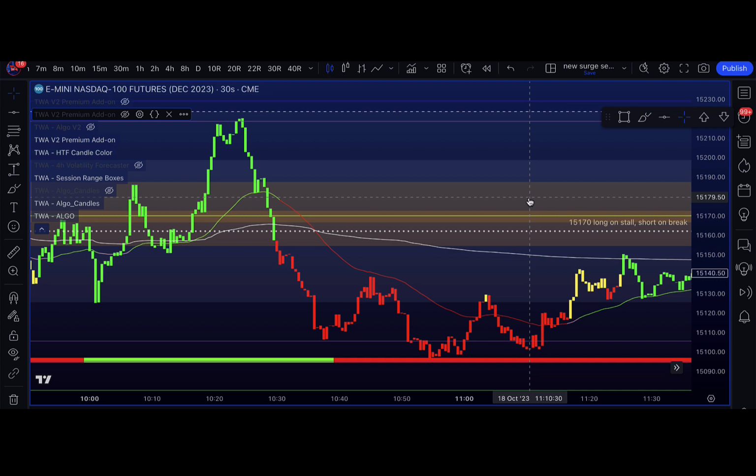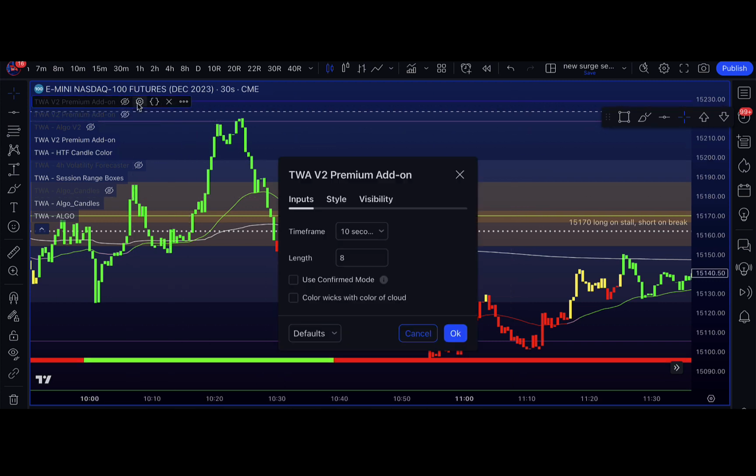Hey guys, so I want to do a video on setting up your layouts and also fine tuning your layouts the next night or after you're done live trading. So for instance, today the market was really choppy in the morning, and that provides us a great canvas to figure out what we have on our charts that we could change or visually change to help us take certain trades. So let me set everything back up the way that I had originally